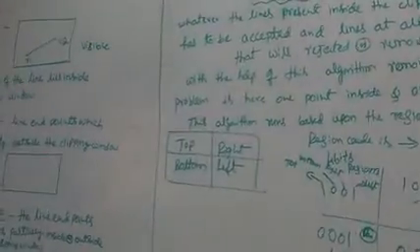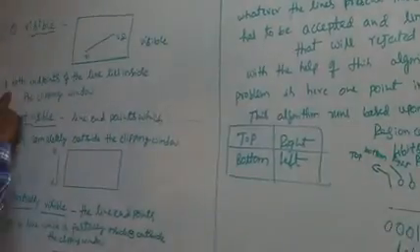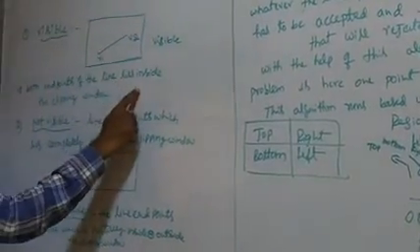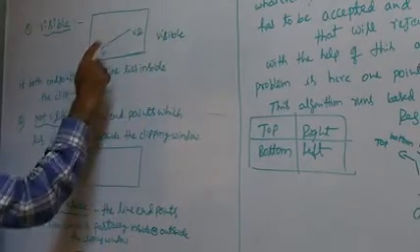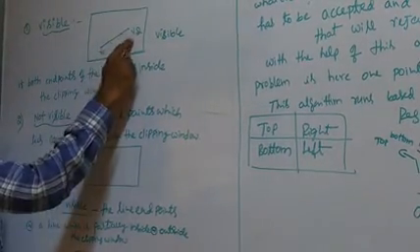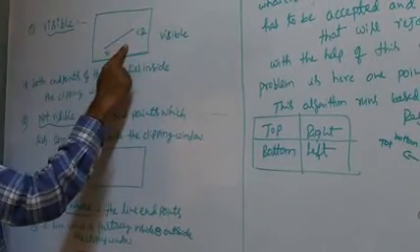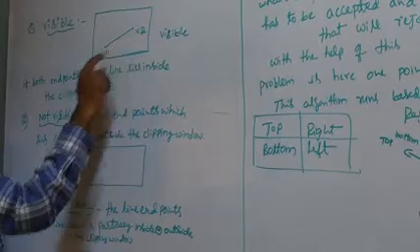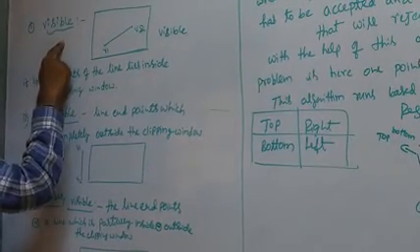First is the visible line. Visible means both end points of the line are inside the clipping window. Suppose there is a window, and consider the end points V1, V2. This is inside the window, so this is called a visible line.